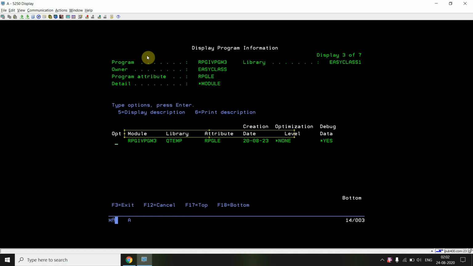This program will run in the default activation group. In this case, one module object gets created by the compiler in the QTEMP library, and then using that module object, a program object gets created. After that, the module object created in QTEMP will be deleted.